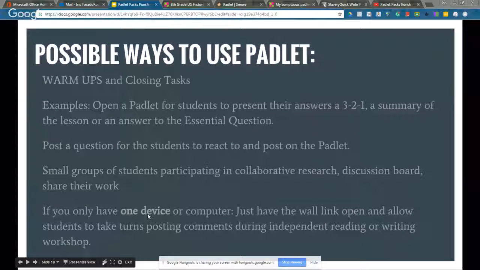If you have only one device, and this is a suggestion that you can use, just have one device open with the Padlet and allow the students to take turns to post the comments. As they finish reading or as they finish their activities, they can go and start posting those comments on that